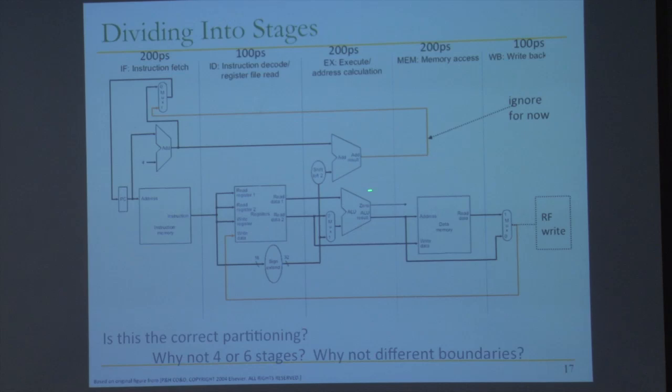This will cause us problems. This is a control dependence, right? If you have a taken branch, the address needs to be fed into the PC. But when you're fetching the branch, you don't know if it's a branch, right? You haven't decoded it yet. It goes to the next stage. When you're decoding it, if you want to keep the pipeline full, you'd better know what instruction to fetch next,